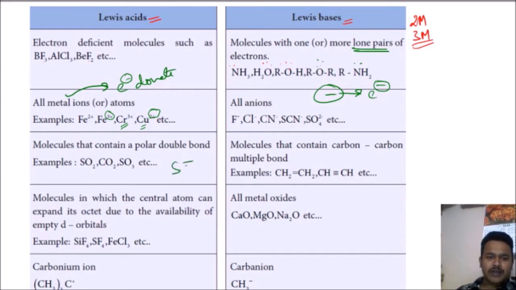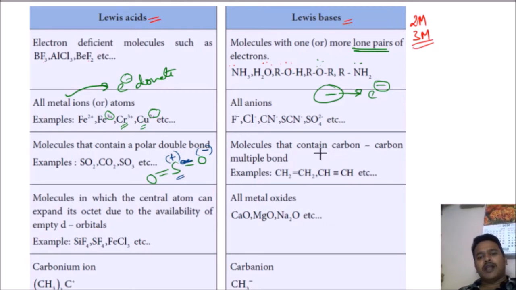For example SO2, I am writing SO2 here. This bond is a polar bond. What am I going to do? This green bond is breaking. Oxygen gets a negative charge, sulfur gets a positive charge. Now here it is positive, and this is a deficient species. It can act like an electrophile.